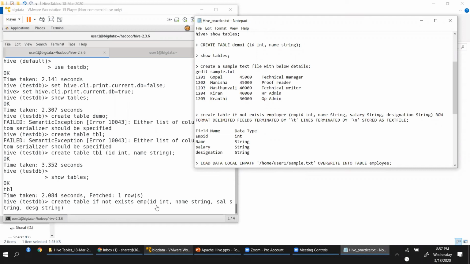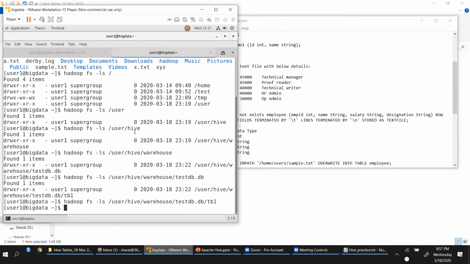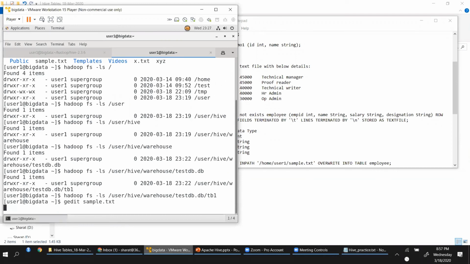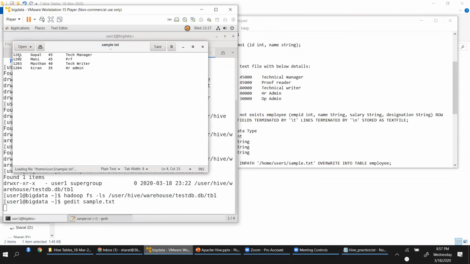Now I would be defining the properties of the physical file that I'm going to use to pass the data. Now if you observe, when I created the data here, let me open that sample file. I'll say gedit sample.txt. It's a notepad. If you observe the contents here, I have 4 fields. Those are the 4 columns that I have defined here. Salary is string, you can change that to integer as well.